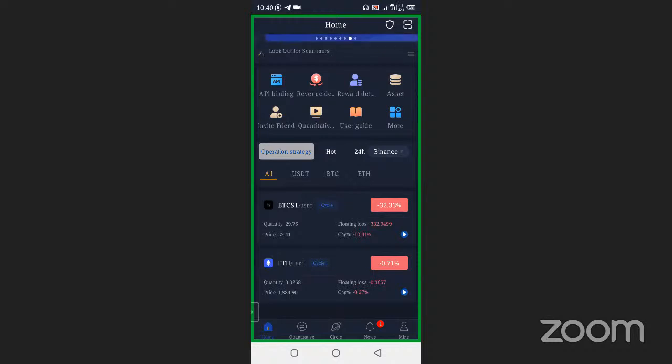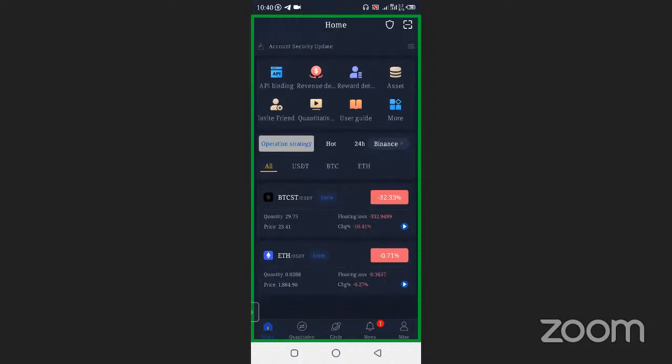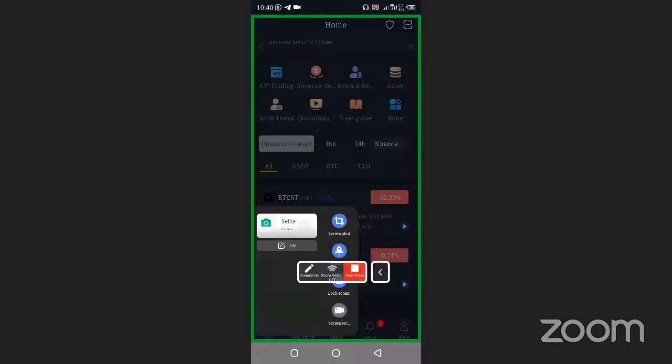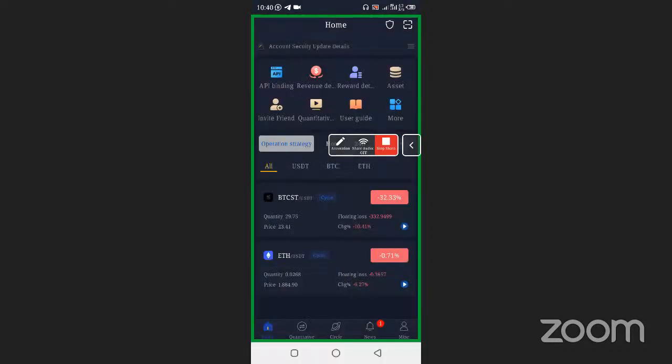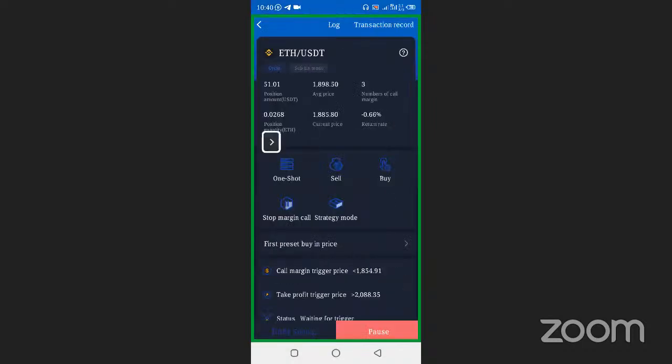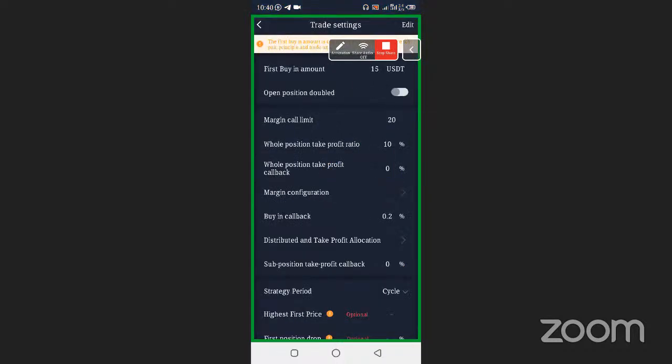Let me give a simple example on my Ethereum, right? Ethereum, I changed it to Cycle, but the intention was I wanted to trade it on Cycle, on one shot. Now, if I tap on my Ethereum, you realize that on this coin, there was something I was testing, because I love testing something before I recommend it to my team members. I was trying to test something on Ethereum. So when you check my trade settings, I used $15 as my first buy-in